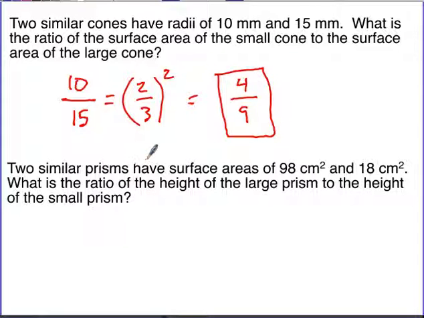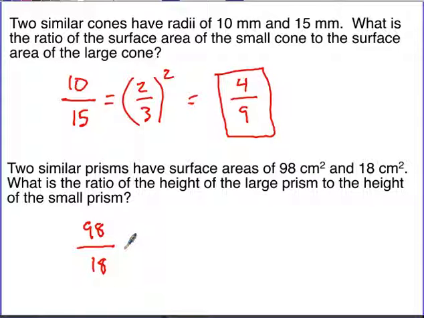The next one, two similar prisms have surface areas of 98 centimeters squared and 18 centimeters squared. What is the ratio of the height of the large prism to the height of the small prism? You have to be careful on these where they tell you what order to put it in. So they want the large one first, or on top, and the small one second, or on bottom. So the large one goes on top, 98 over